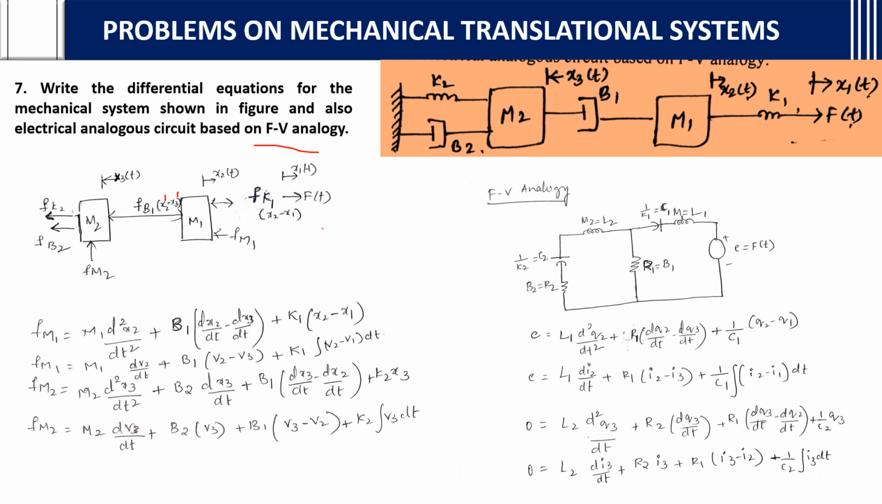Understand? x2 dash and x3 dash. Here I forgot to write the differential dash, so I am mentioning it now. The dash represents the differentiation, dx2 by dt and dx3 by dt. Okay, and